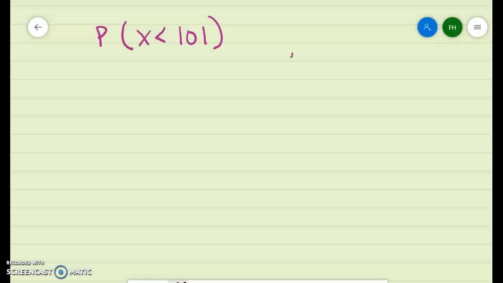So since our sample is 45, the mean of our samples will be equal to the population mean, which is